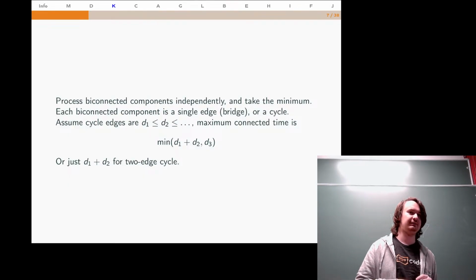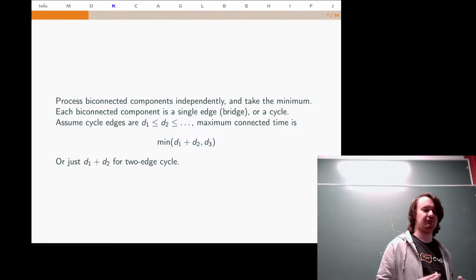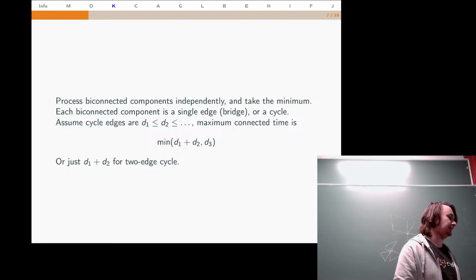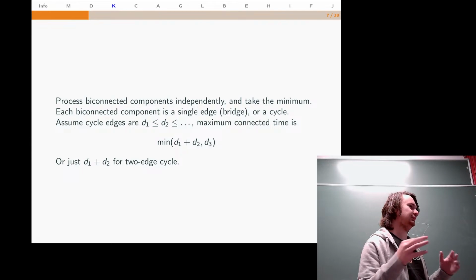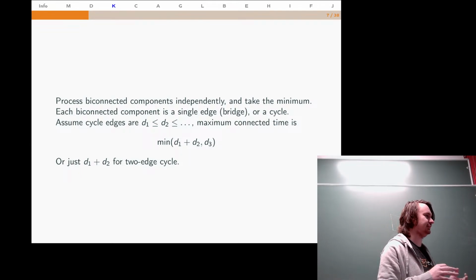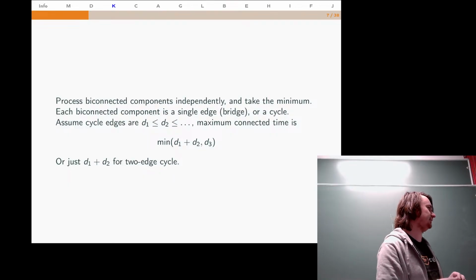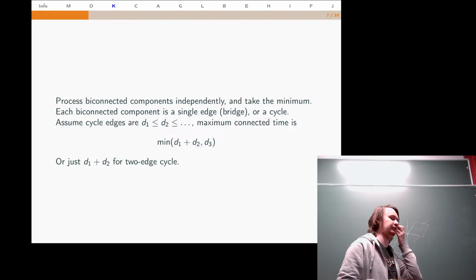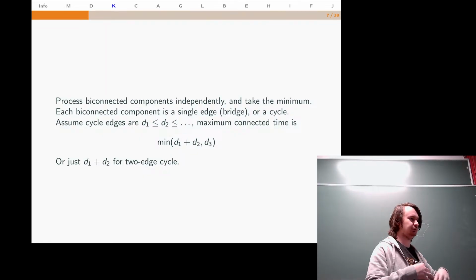So we process this for every cycle individually, and after that we output the minimum of all the values over all the biconnected components. Generally, because the graph is a cactus, we don't need to implement all the difficult stuff about finding general biconnected components in a graph, but rather we can just, for example, do a depth first search, and whenever we find a back edge,